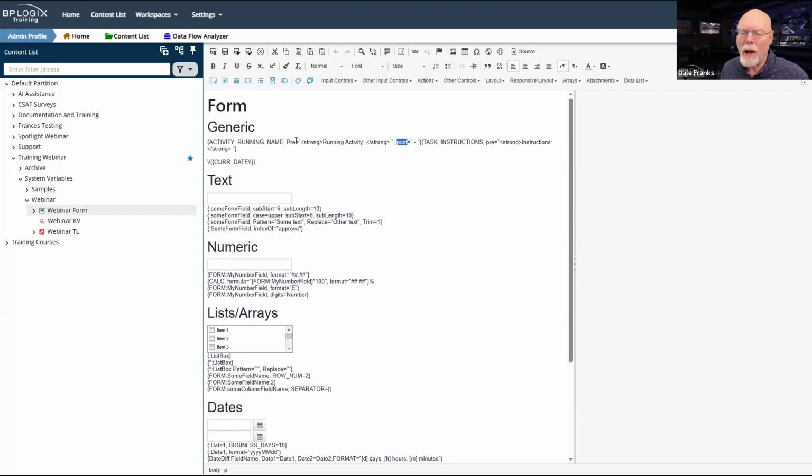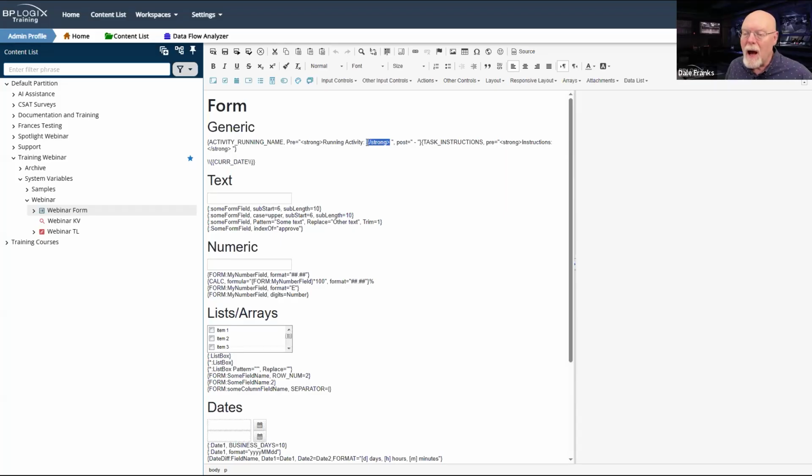In this case, before the activity running name system variable I want to show in boldface the running activity, colon, space, and after the system variable appears, I just want to throw in a space, a dash, a space. And then I have the task instruction system variable. It has a pre that says instructions, colon, space, and there's also HTML here to highlight them.